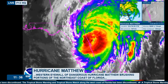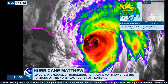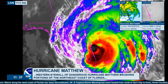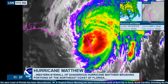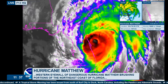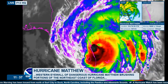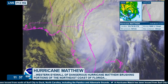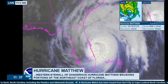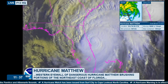Let's try and get some visible imagery as well of that, so we can take a look at the latest. We can actually see what the storm looks like as if it were with our own eyes, and I'll bring it to you momentarily. You have to bear with me whilst I'm alone here, bringing you the coverage. This should be up to date. There it is. That's what the storm looks like in daylight right now, and you can see the bands moving in to the Jacksonville area,